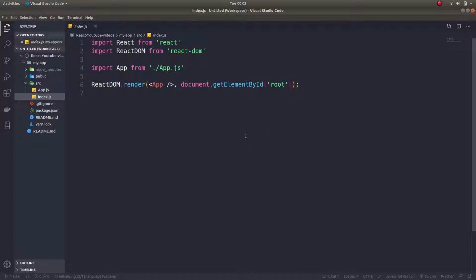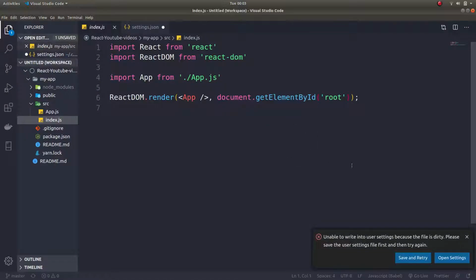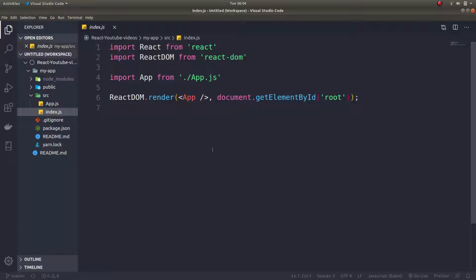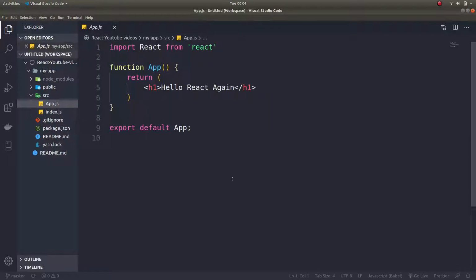Now if you have to zoom it, you can zoom it by plus. So now see, it has been zoomed. Now you can write whatever you want to write. So now I will show you the two files which I made yesterday. First one is index.js and another one is app.js. So you can see these two files are present here.